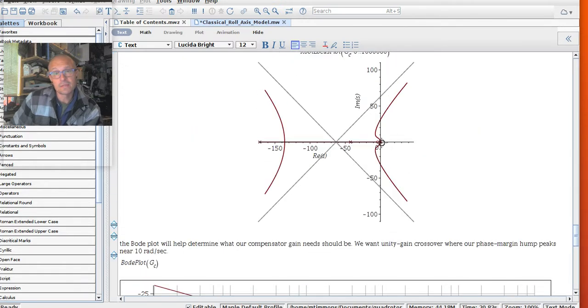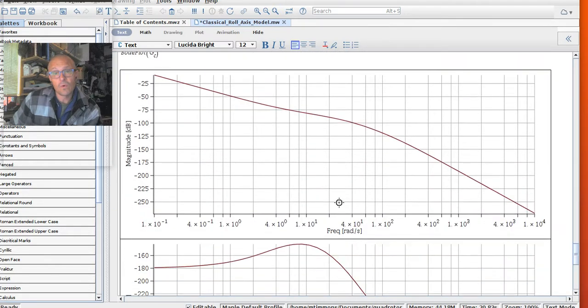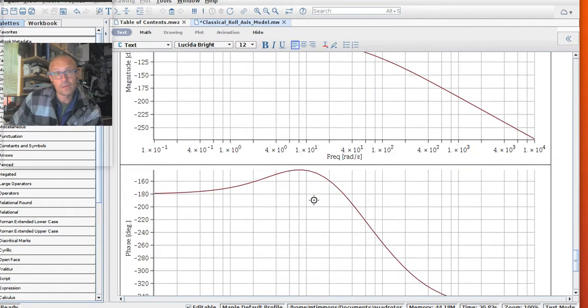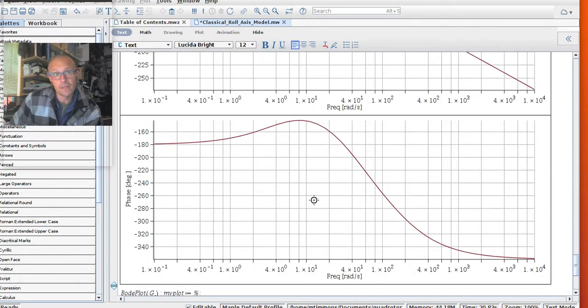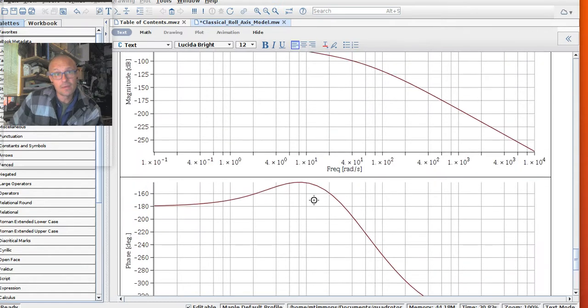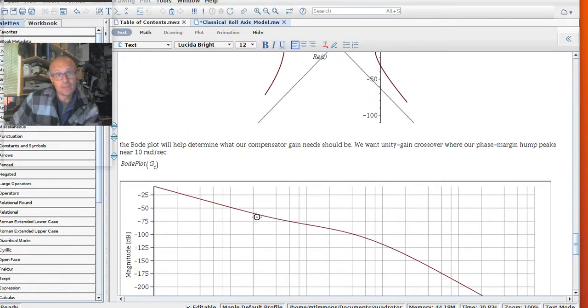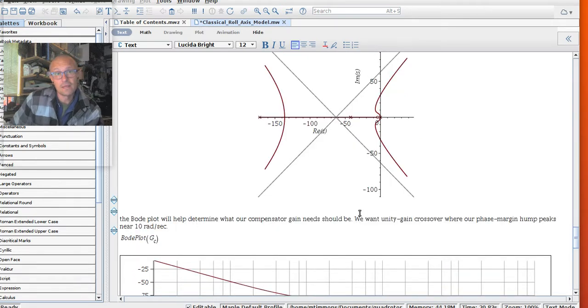So that's how we can look at it, either in the root locus plot or on a Bode plot. An old teacher of mine said, well, any monkey can use MATLAB. You should be able to sketch these things. He's right. You'd have to be a pretty smart monkey to use these tools. Maple is pretty cool. I haven't actually used it much until now, and I really like it for this sort